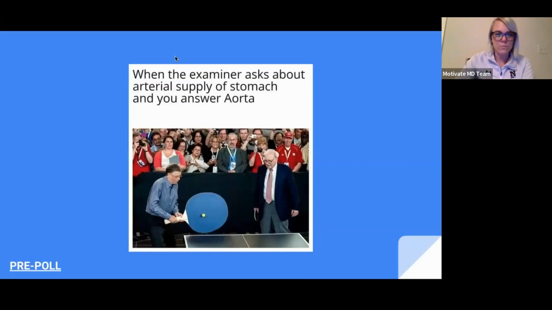Okay. So I love this little meme. I laugh at it every time I see it, but you guys may not get it if you don't know the anatomy of the stomach and the GI tract, but essentially it is. See, Adam gets it. Essentially, it's a branch off of the aorta that supplies the stomach. It's not the aorta. So I always laugh really hard at this.